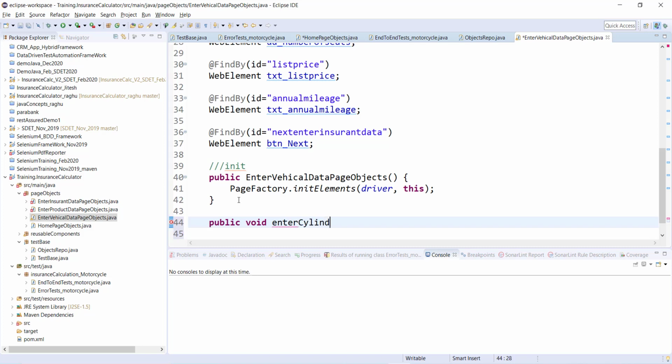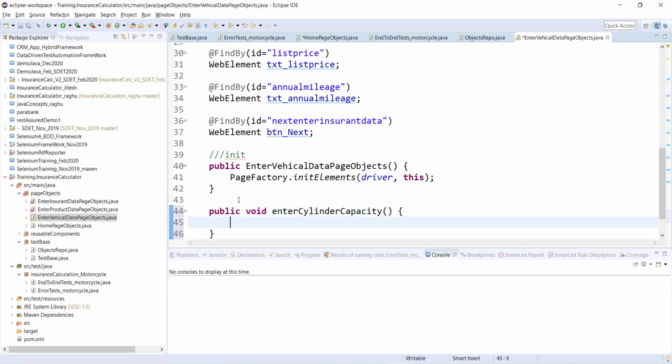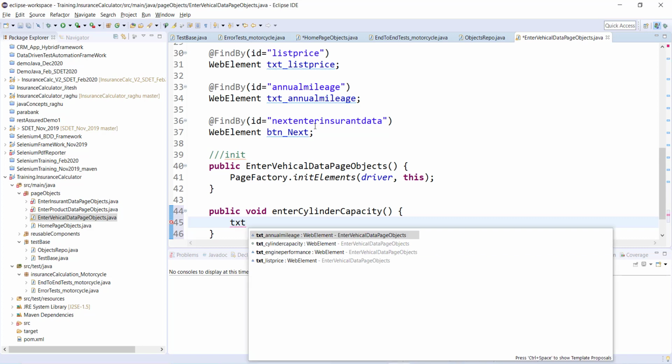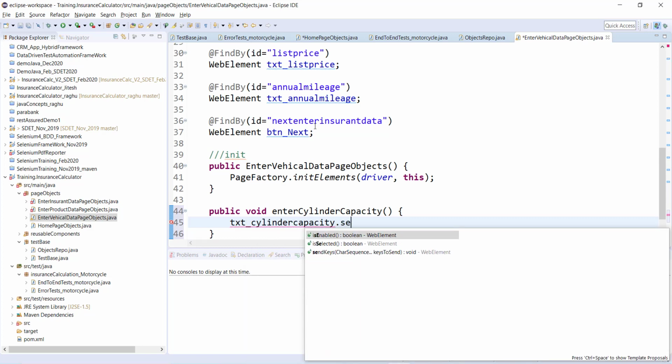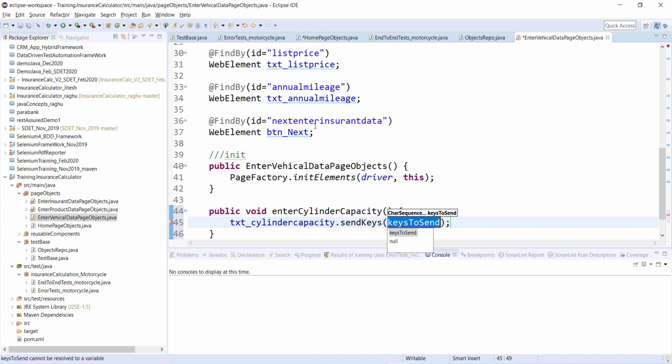cylinder capacity, and then what's my cylinder capacity? It is txt underscore cylinder capacity dot send keys, and what values should I send? I can mention the values to be sent from my test case.